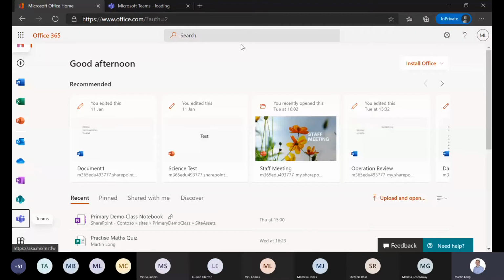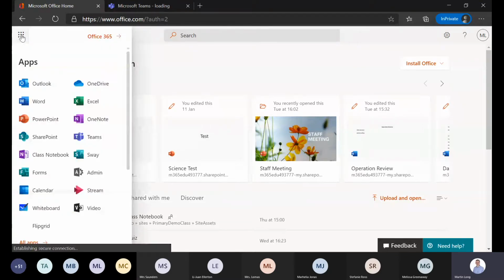So you can see there we've got the Office 365 landing screen. If anybody's been through the DFE funded project recently, this would be where you and your pupils land, unless your member of staff has been using Outlook for communication before, and then you'll go directly to Outlook. The idea here is that you've got all the apps that you need. You can access them vertically on the side, or you can launch them from the app launcher on the top